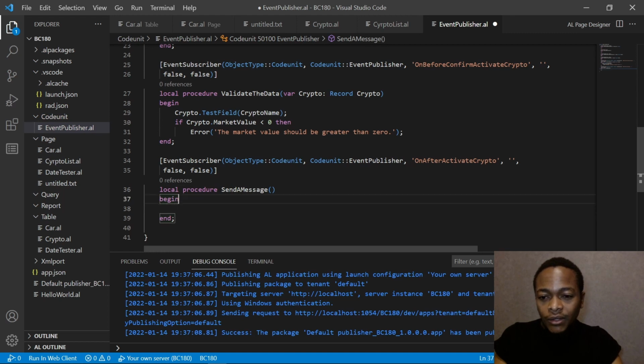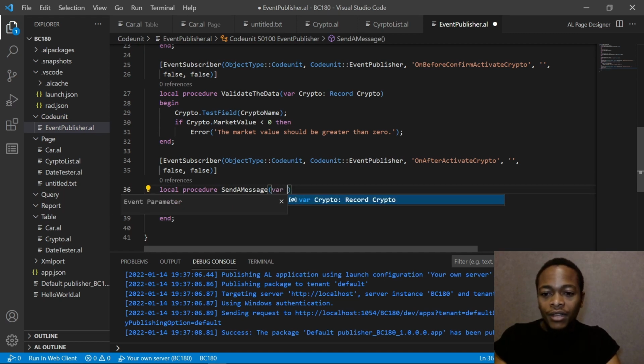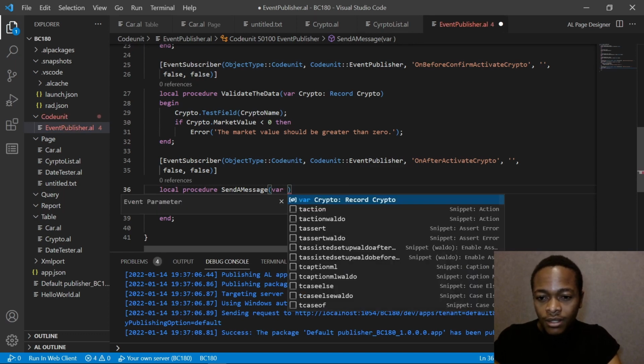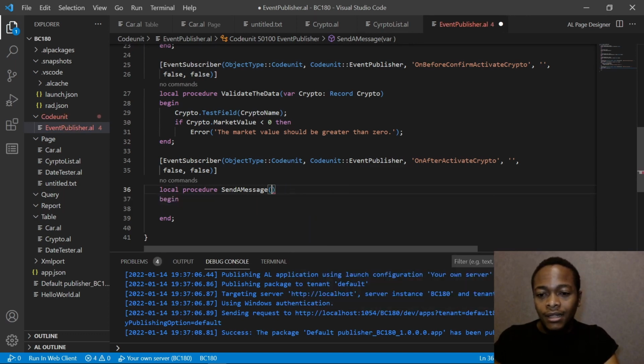So on this we still have to have our variable crypto. It is even noticing that we are subscribing to this crypto. When we start typing, it just populates and expects the crypto, the variable that is here, the IntelliSense. Let me just recap, for those who have not seen. So when I just do this, it is suggesting,